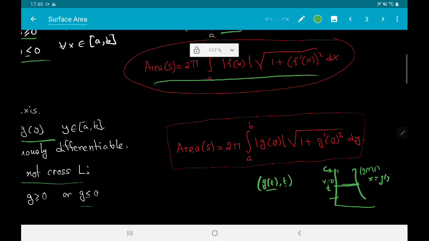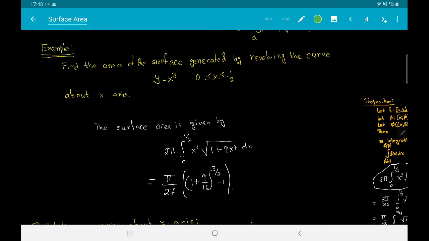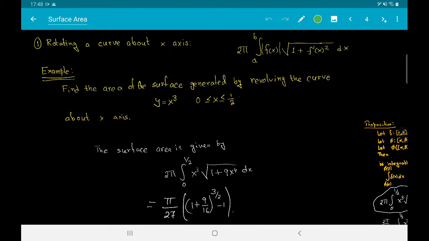Now, as always, let us look at some examples. Some of them are very interesting. First we look at the case when we rotate a curve about the x-axis. We do not forget the formula that we have just derived: 2 pi integral from a to b of modulus of f(x) times under root 1 plus f prime of x squared